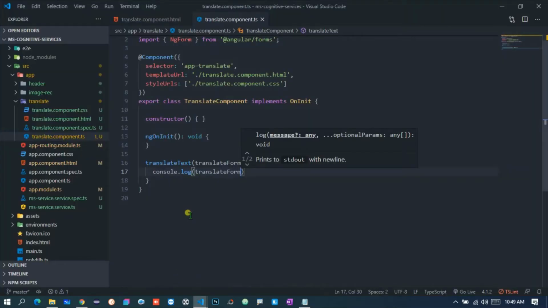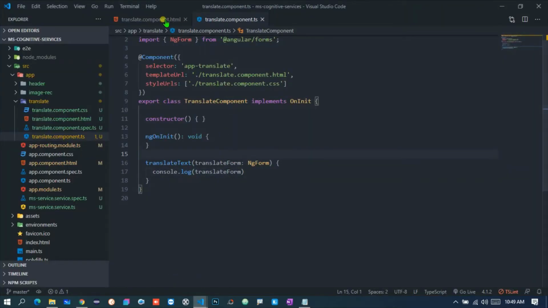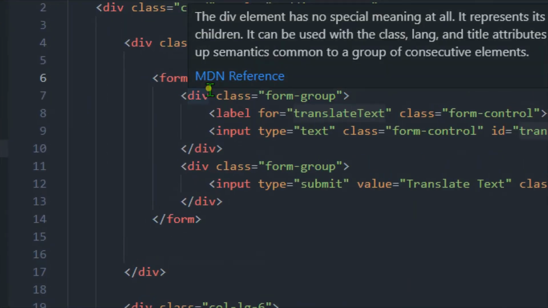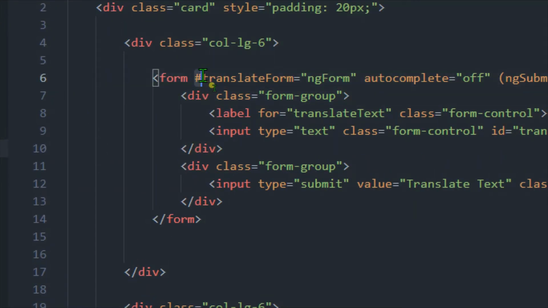The reason behind this is, I have created this form and I have just given the name translateForm, but we have just an input type over here. So in Angular we need to specify that this particular input field is a part of this translate form, so we need to specify this as well.